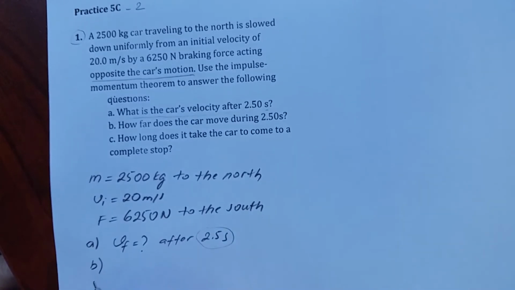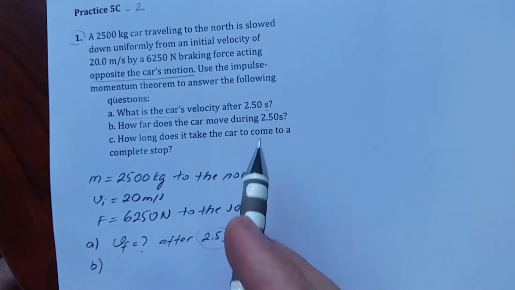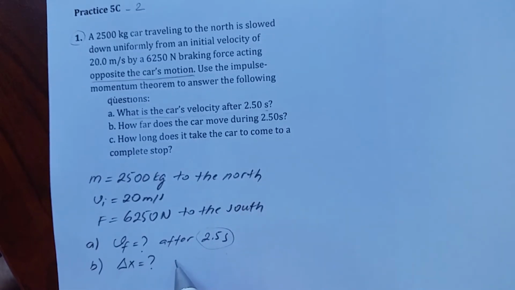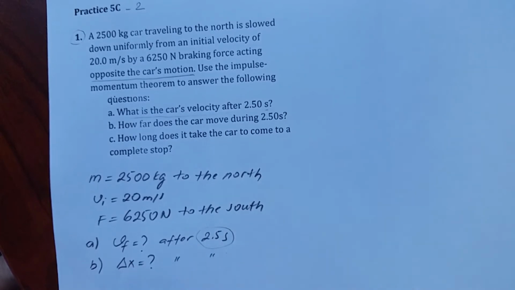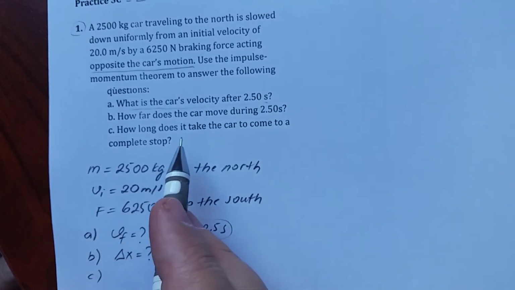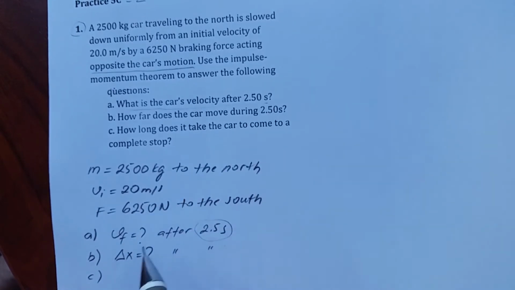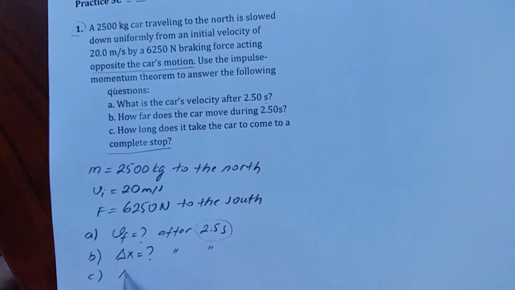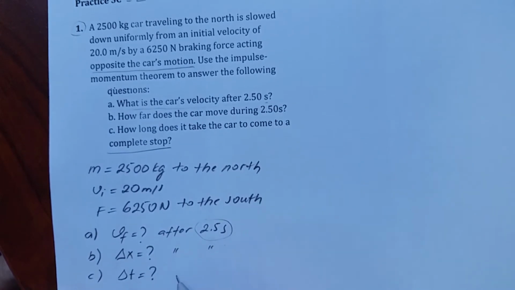In B, how far does the car move during that time? Delta x is wanted again after 2.5 seconds. And in C, how long does it take the car to come to a complete stop? Delta t is wanted